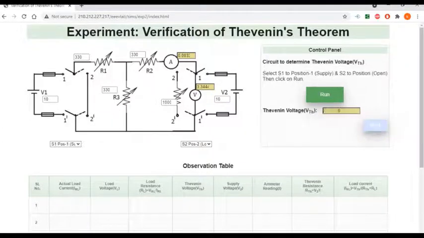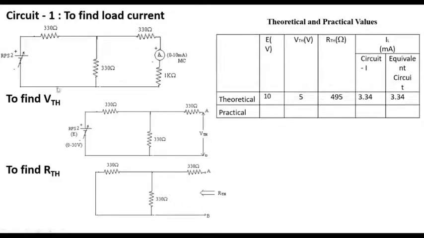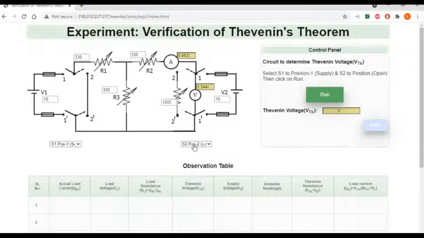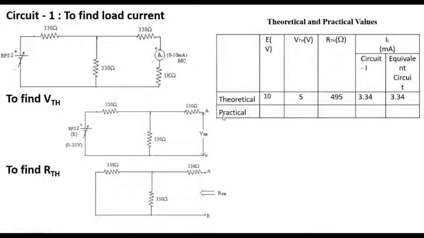And in the next case, you need to find the V Thevenin. For measuring the V Thevenin, you need to remove the load resistance and measure the voltage across this point A and B. So you need to open circuit this and find out. The voltage across this terminal is 5 volt. You have removed this resistance here, which S2 represents as open circuit. So we got 5 volt.